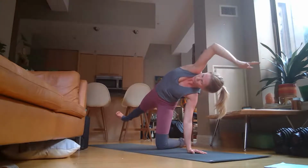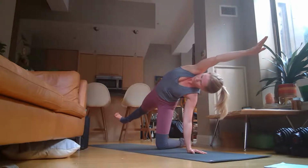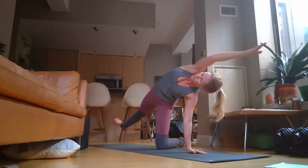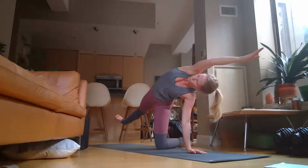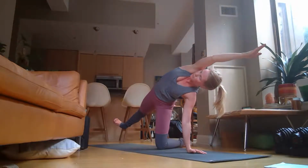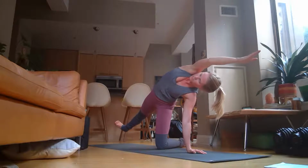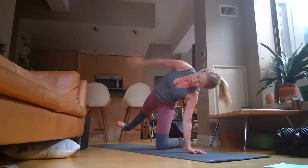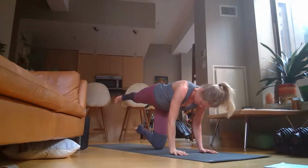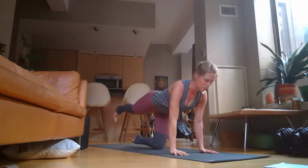And we're feeling the stretch now on the right side of the body, working to extend the fingertips away, away, away, and the right toes and heel away. So 2 different directions again to lengthen the spine and the side body. And breathing. And we'll swing the right palm down to the mat,